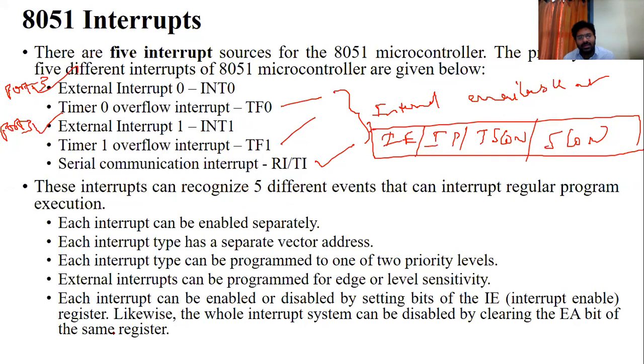Then, practically speaking, interrupts are again of two types.